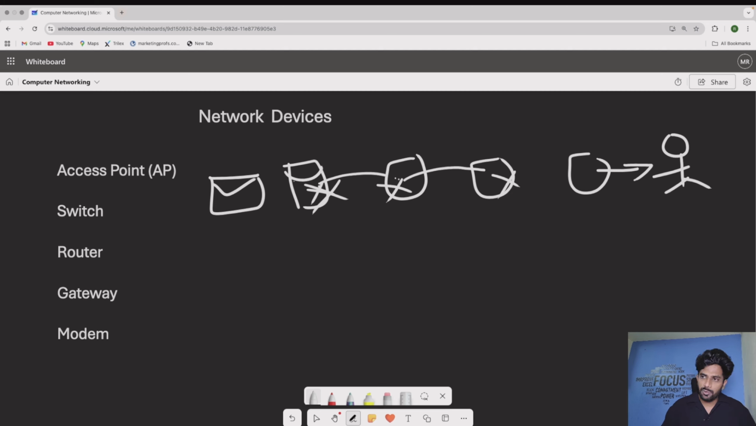Okay, now we are going to discuss the following network devices, and we'll also cover a few outdated devices that were commonly used in the past. We'll start with the access point, then switch, then router, then gateway, and finally modem. And we'll cover the outdated devices by the end of the video. Okay, instead of simply explaining each device one by one, let's take a real example to understand how these devices work together. The example is,